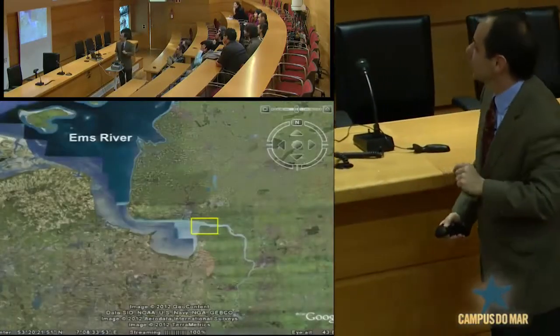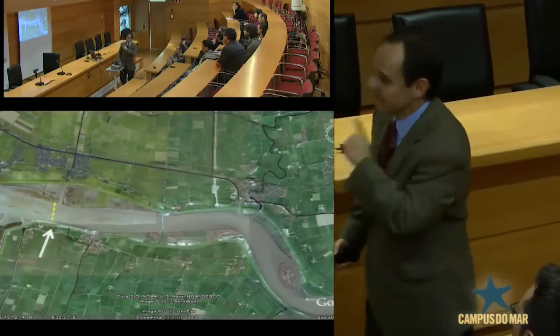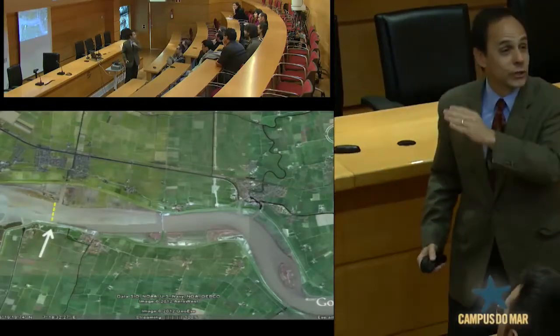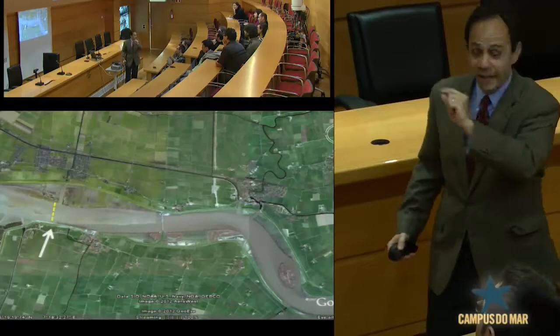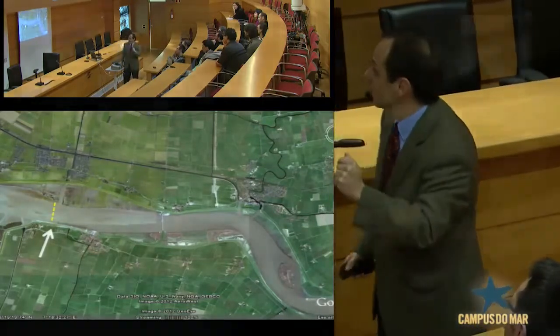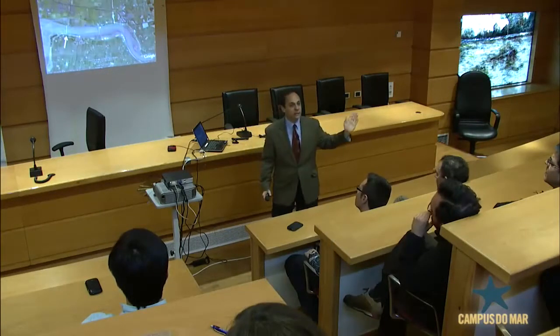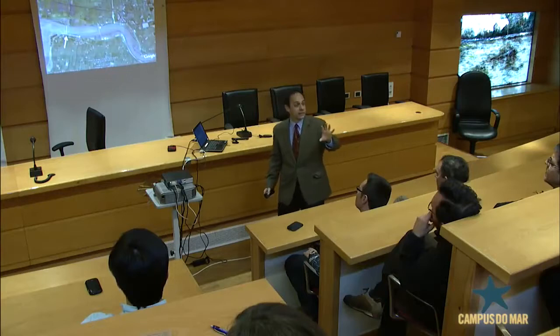And if we look into it a little closer, that's what it looks like. And even closer, that's what it looks like. And I'm going to show you data collected at that transect, that yellow broken line, collected with an acoustic Doppler current profiler, repeating a transect back and forth so that we can identify the tidal